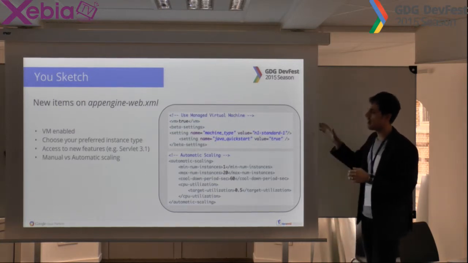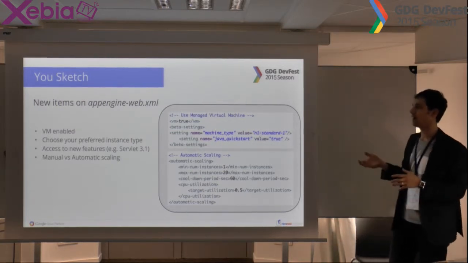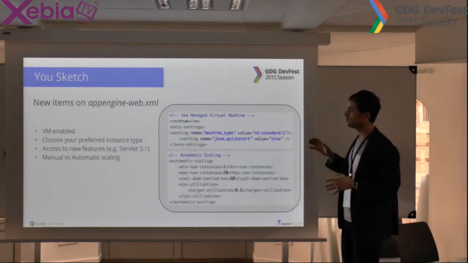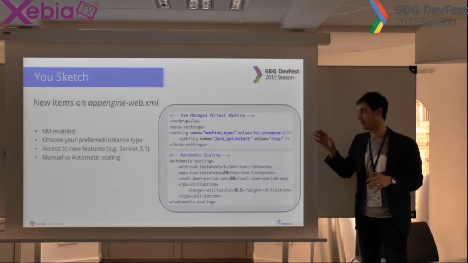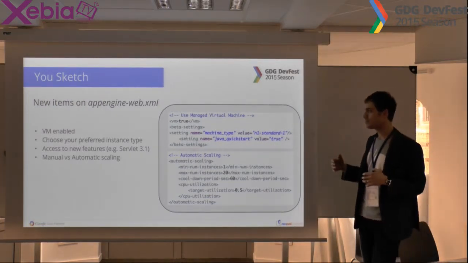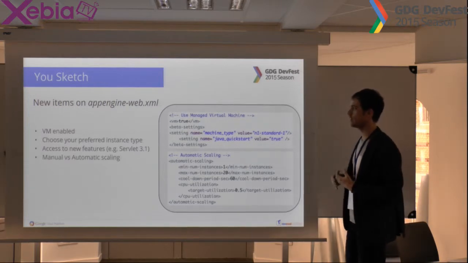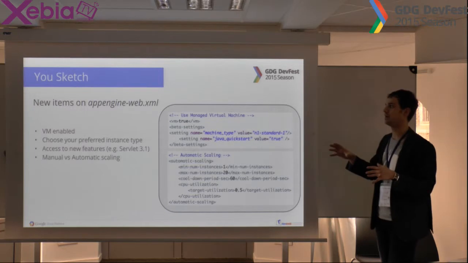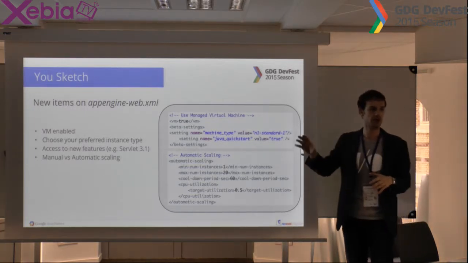And then you simply have to modify your AppEngine web XML using the particular tags that will say to the AppEngine backend that